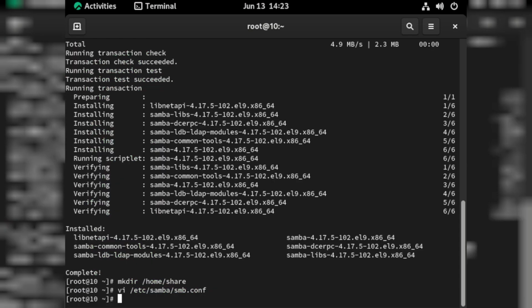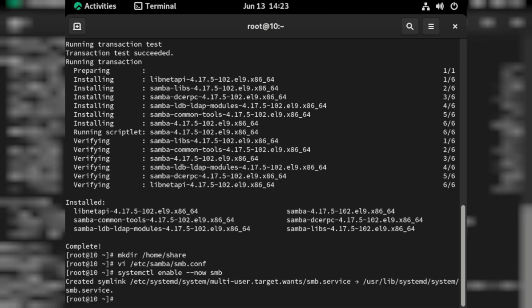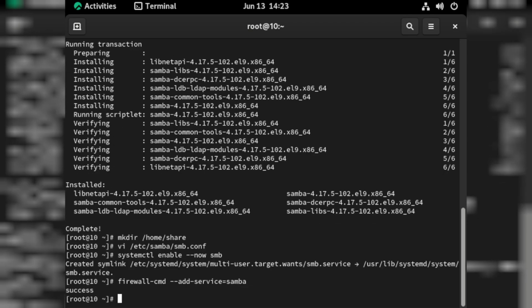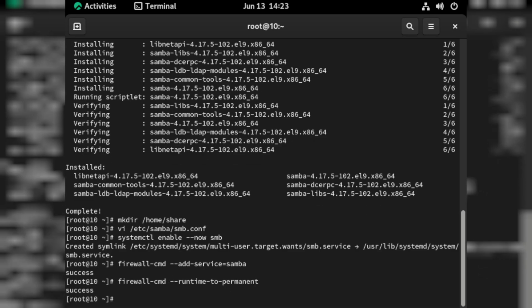After saving the changes to the configuration file, we can proceed to launch our application and set it to start automatically after reboot with systemctl enable --now smb. Let's add rules on the firewall. firewall-cmd --add-service=samba and firewall-cmd --runtime-to-permanent. In addition, if we have SELinux running, which ensures that we have the least amount of permissions assigned,